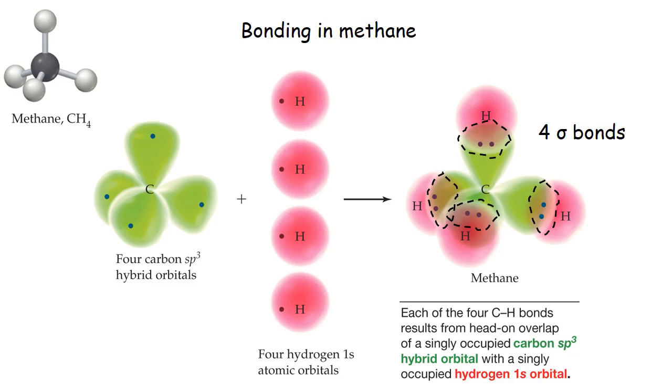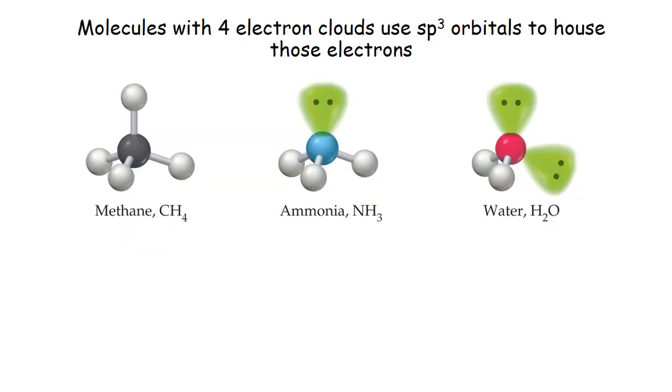Now we're going to move on and talk about the 3 different molecules from when we discussed VSEPR theory. We looked at these 3 molecules very specifically because all 3 of them have 4 electron clouds. And so anytime you have a molecule where the central atom has 4 electron clouds around it,